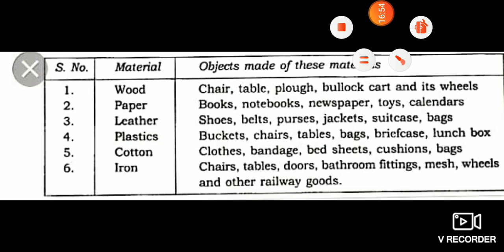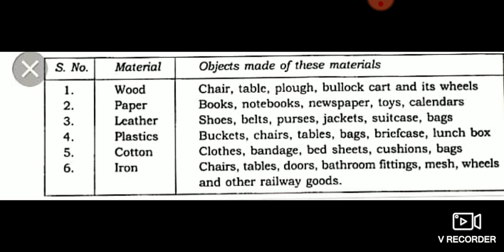Let us know different types of objects that are made from the materials. Here in this table, two columns are given. Look at the picture, dear students. One column shows material and the second column shows objects made of these materials.